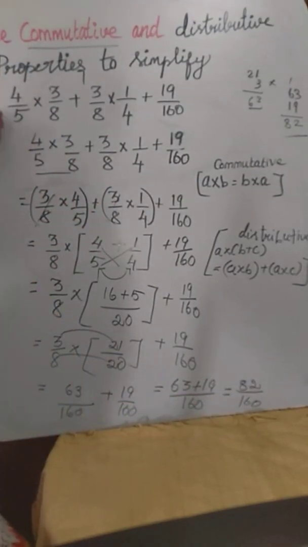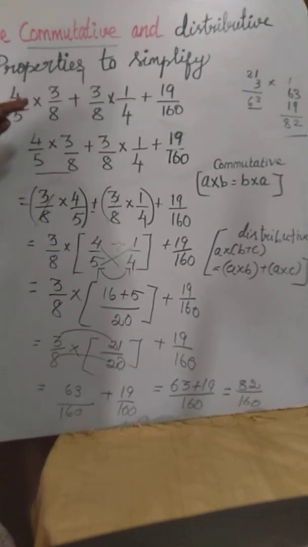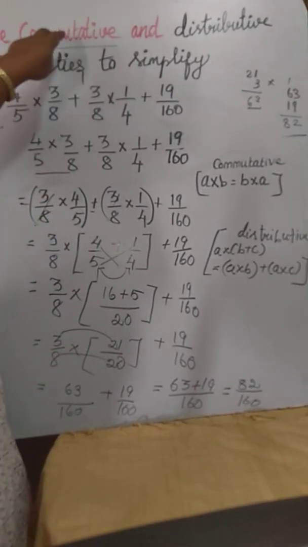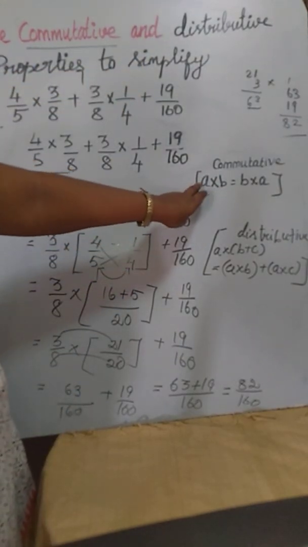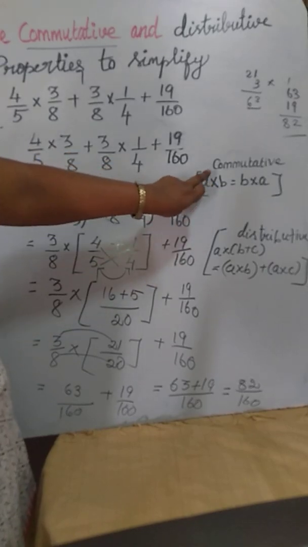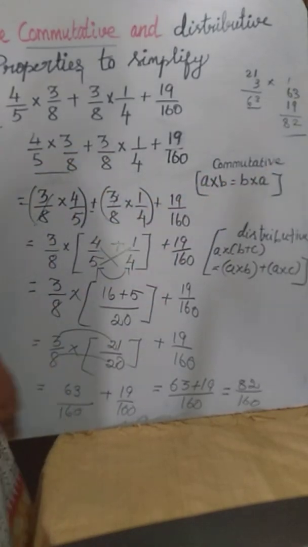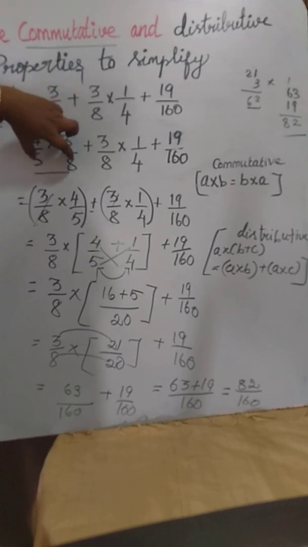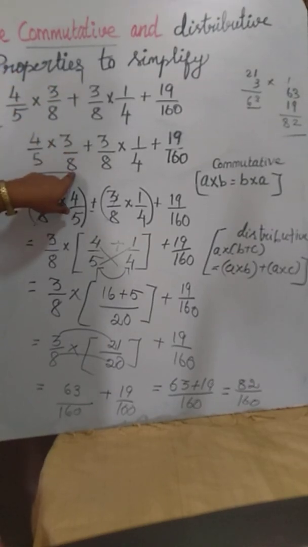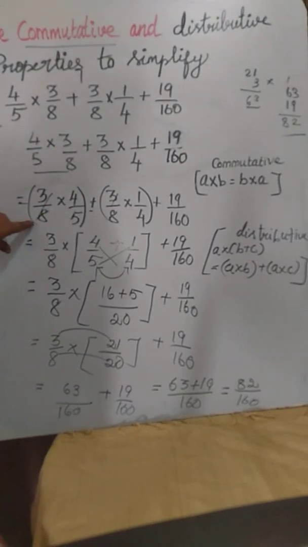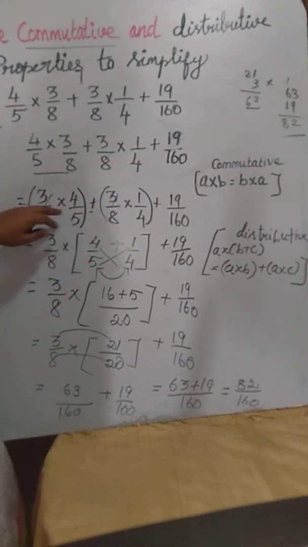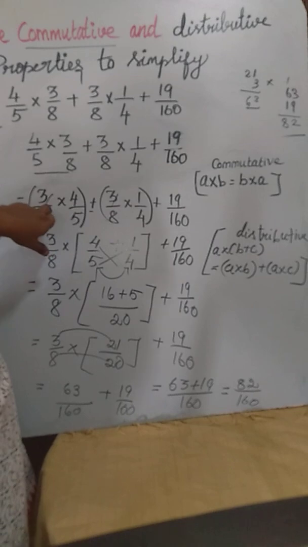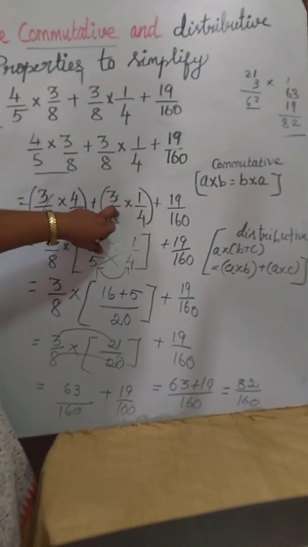Students, listen, again I have to explain the sum. The sum is given, we have to apply the commutative and distributive property. So commutative means nothing, we have to interchange the place in multiplication. So this is the first part. In this place, I apply the commutative property. So 3 by 8 in second place, I change 3 by 8 to first place. So next one and all I write the same. So next here, this one looks like a distributive property.